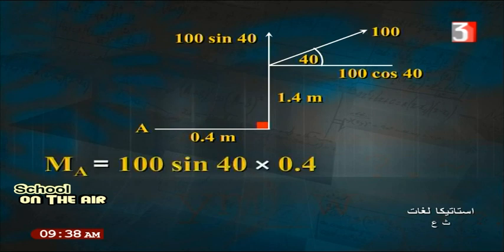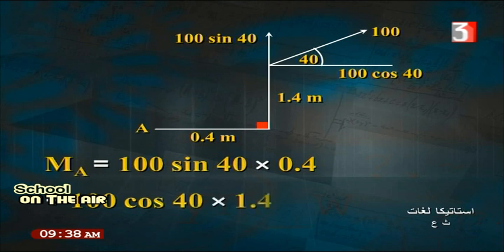Moment about A: 100 sine 40 multiplied by the distance between the line of action of 100 sine 40 and the point A. What is the distance? 0.4. Remember, the word distance means the perpendicular distance from A to the line of action of the force. Also, my dear student, 100 cosine 40 multiplied by the distance